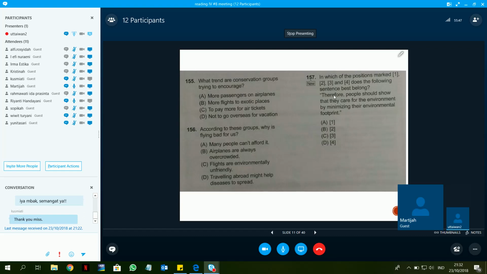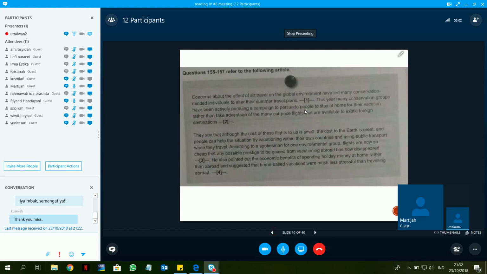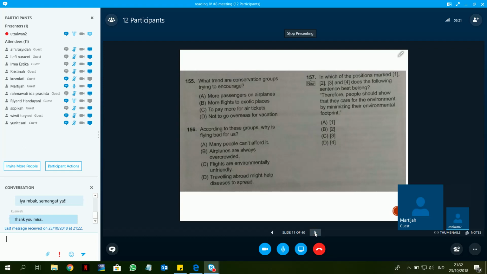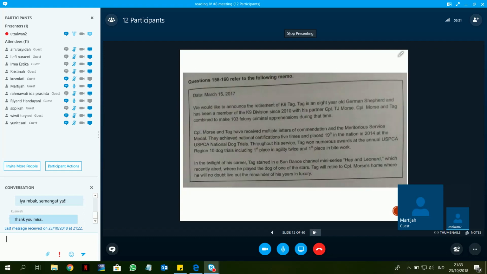Oke, ini kan ada kalimatnya therefore people should show that they care for the environment by minimizing their environmental footprint. Ini kira-kira lihat, ini ada kalimat therefore. Berarti kira-kira tempat dimasukkan di mana? Yang 1 bukan? Ya, tepat sekali. Kenapa? Karena ini kan depannya ada kata concern. Iya. Environment. Kemarin kan kita udah pernah belajar kata hubung juga ya, masih ingat nggak? Pertemuan sebelum kira-kira second or third meeting we discuss about connecting word. Terus itu next sekarang